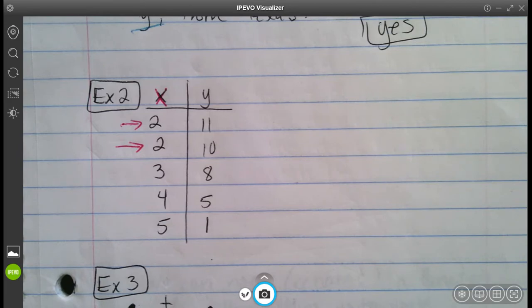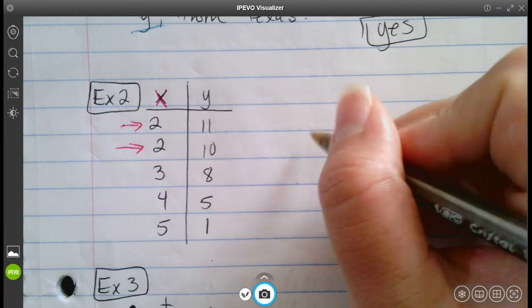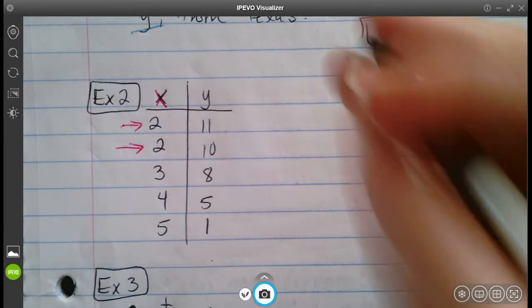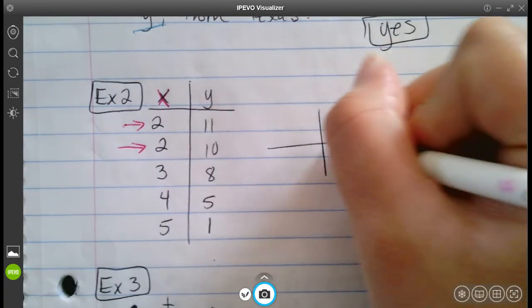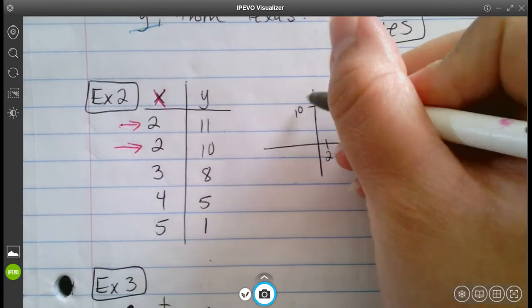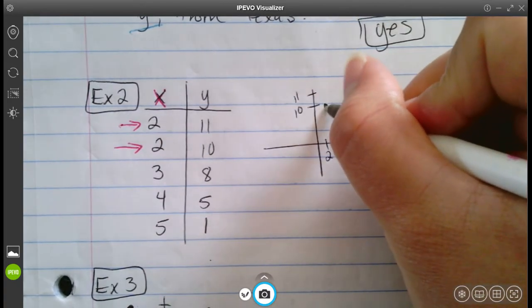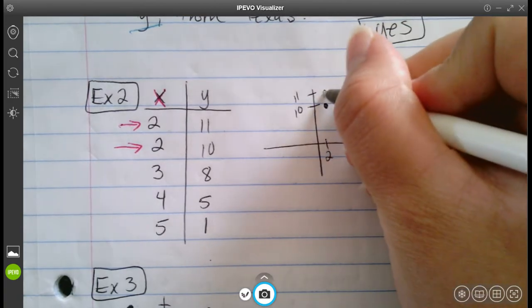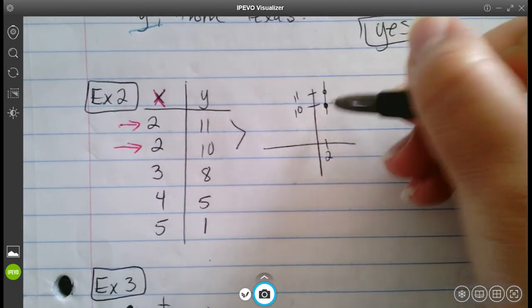So right away I know that this is not going to work because if you were to plot this, I'm just going to do a quick little graph here on the side to show my point. If you were to plot this, well, let's say this is 2, and this is 10, and this is 11. So we have (2, 10) and we have (2, 11). I'm talking about these two right here. So right away, this is going to fail